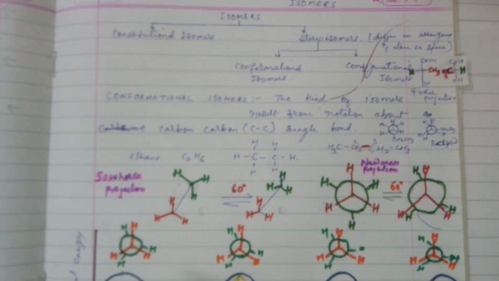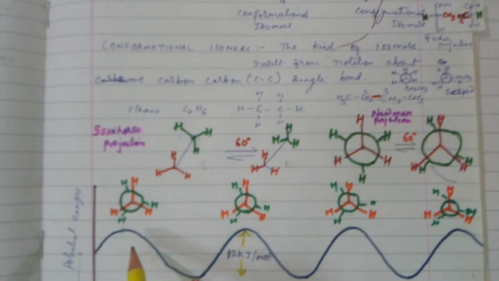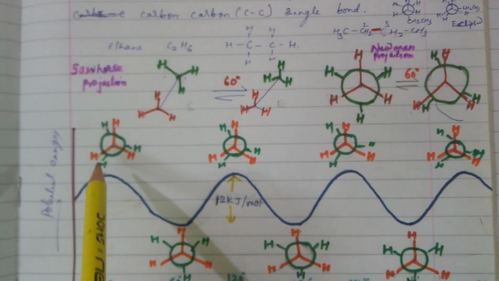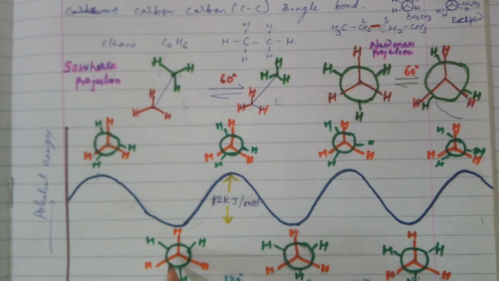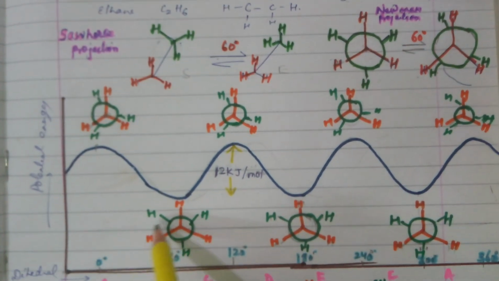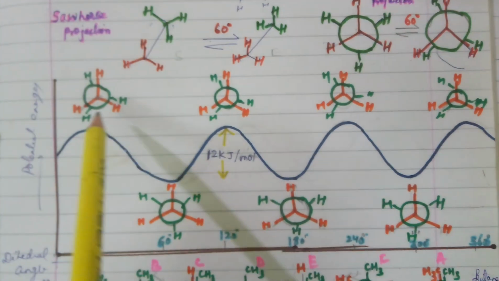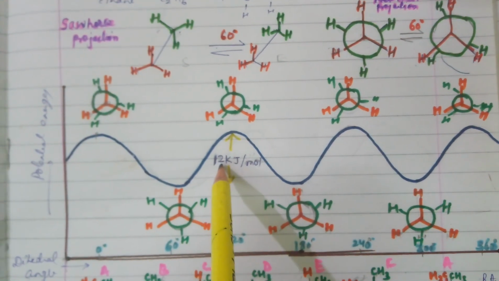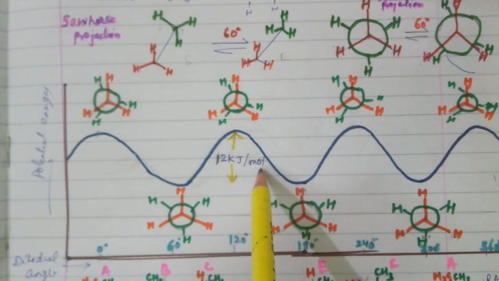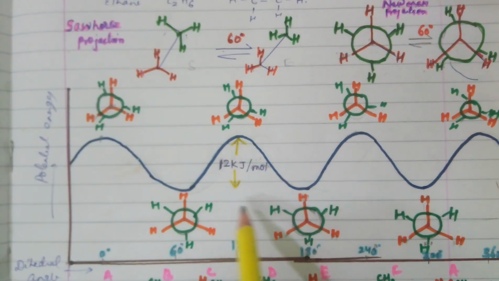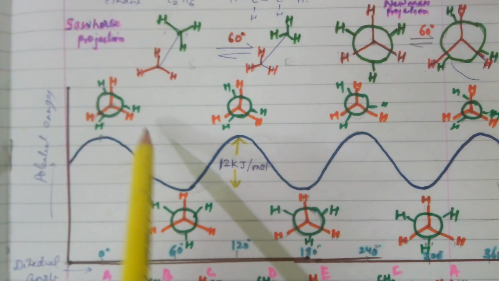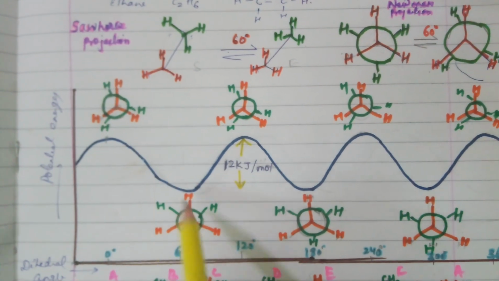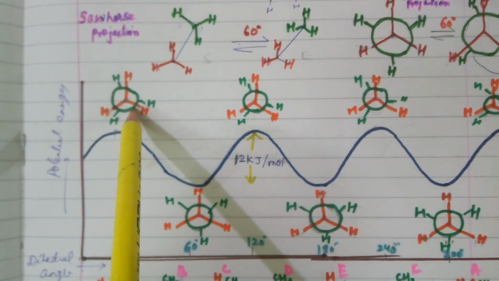Students, we have done the conformational analysis of ethane in our previous video, where we discussed that from eclipsed to staggered it changes by changing the dihedral angle by 60 degrees. As the energy gap between them is only 12 kilojoules per mole, they are easily interconvertible at room temperature, but there is an energy gap between these two, and this is the more stable one and this is the less stable one.